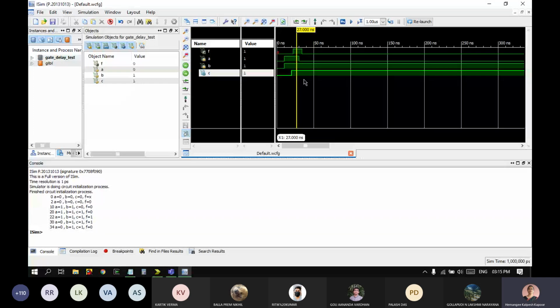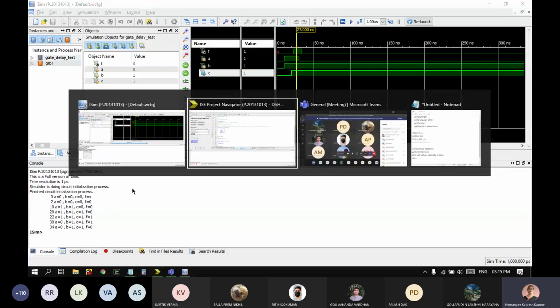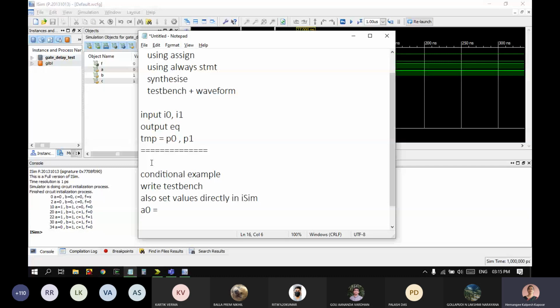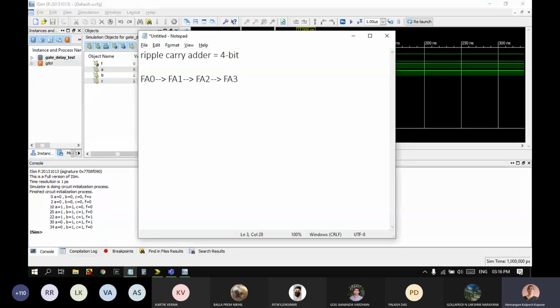Okay. So I'll just clear this notepad. So in today's assignment, you've already designed the ripple carry adder, which is a 4-bit adder, correct? So you had an FA0, FA1, FA2, and FA3. Okay, so these were the 4 adders which we constructed in the previous assignment. So today's assignment is an increment on that, so that's why we can finish it on time. These are the 4 adders.